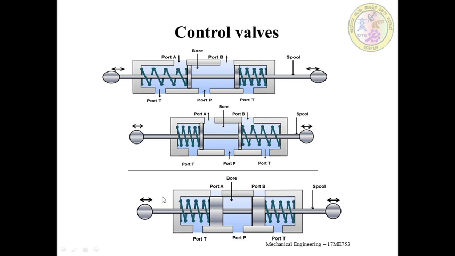Finally, this image shows the three position four-way valve as a closed center. It means the three position four-way valve in the direction control center position. The working of the valve is similar to the open center DCV. In closed center DCV, all ports, including port A and port B, are closed. Therefore, these ports are hydraulically locked, and the actuator cannot be moved by the external load.